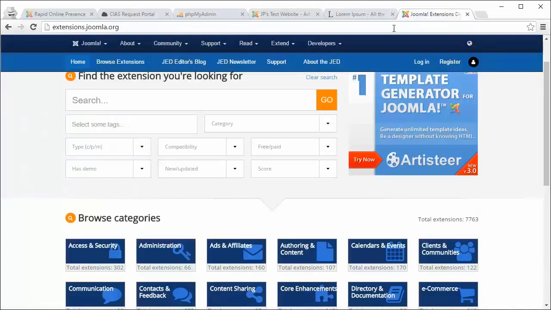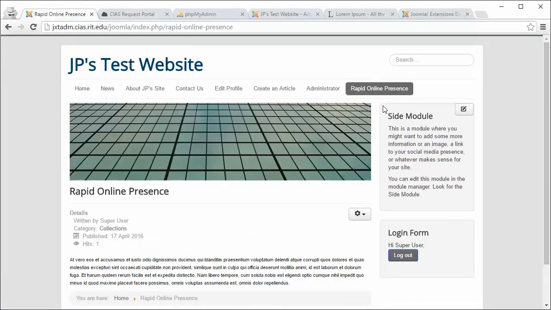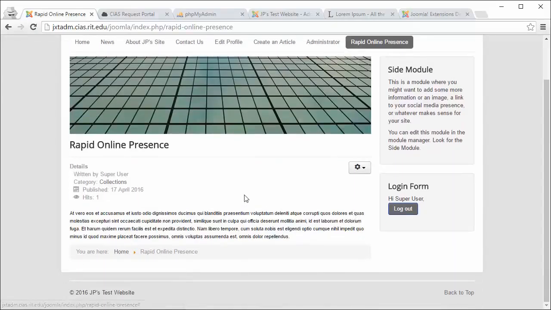The other type of extension is a module, and lots of modules are grouped with a component. So something like this is a module, or something like this is a module. I kind of picture a component as this main window here, the main task of the page, and a module is something off to the side that you can assign to multiple pages. It's a little difficult to understand all the nuances of it, and I don't want you to get too worked up in